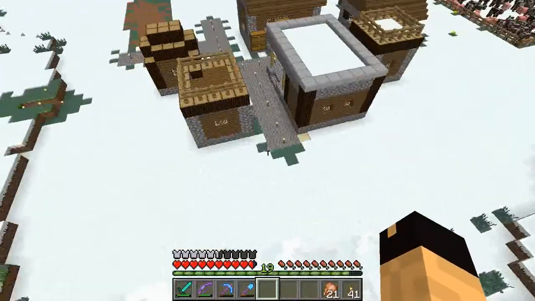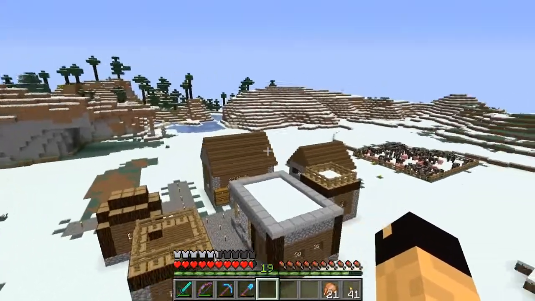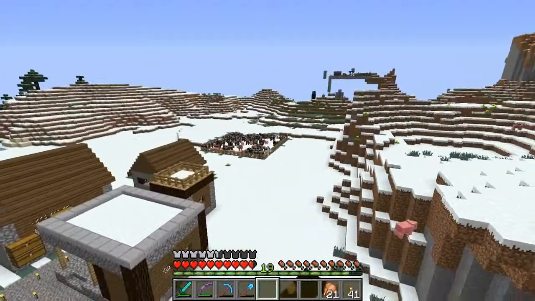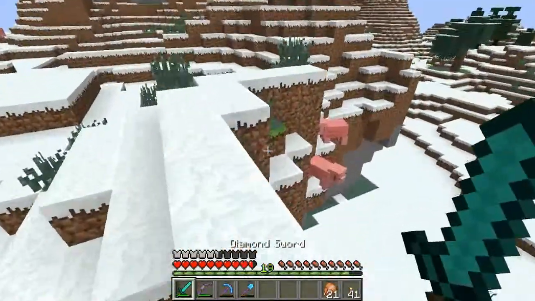I need to add more houses, add more structures. I'm going to be building a church over here, and then we're going to have more buildings all over here. And it's actually going to extend out this way too. And we're going to have to move all of our cows and pigs, or just slaughter them. Also an option. Speaking of which,